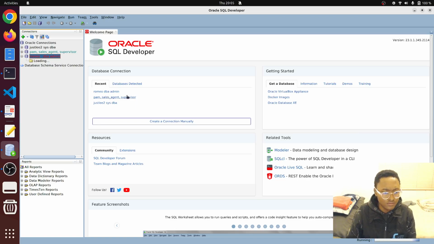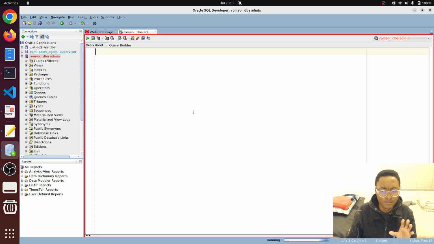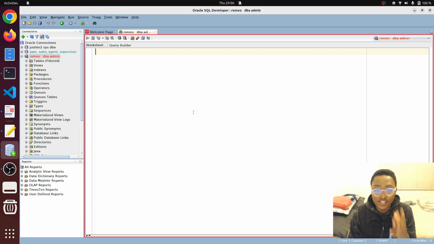So once I'm logged in, there are data dictionaries that I can query. Data dictionaries are tables that are created by Oracle, and they help you manage or see system level stuff, right? And database administrators can see a lot more than what a regular user can see because of the authorizations. So since I've connected as a database administrator, I can query tables such as select all from user role privs,